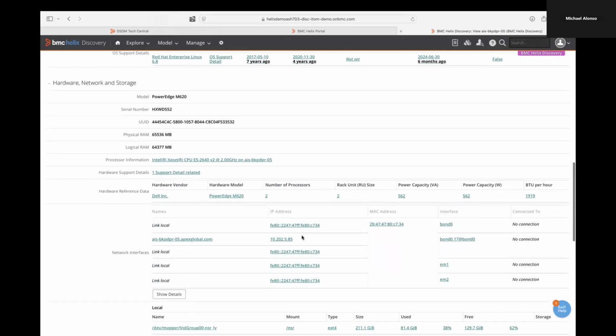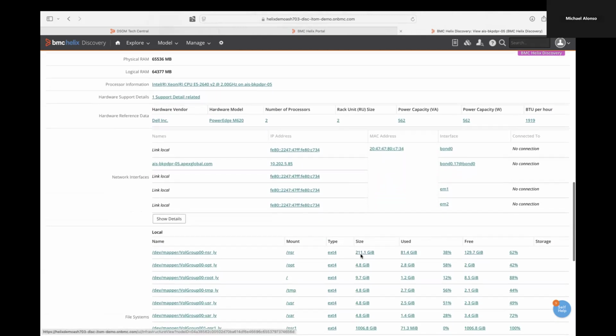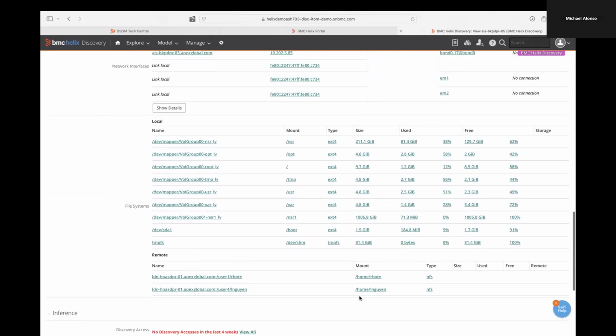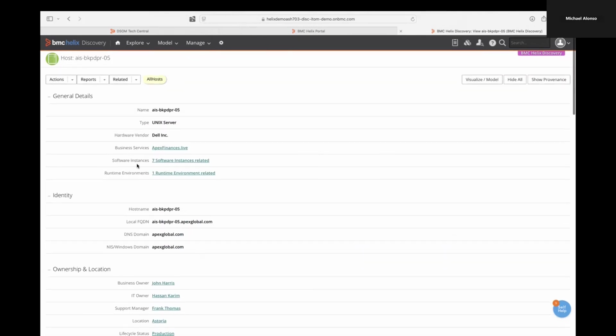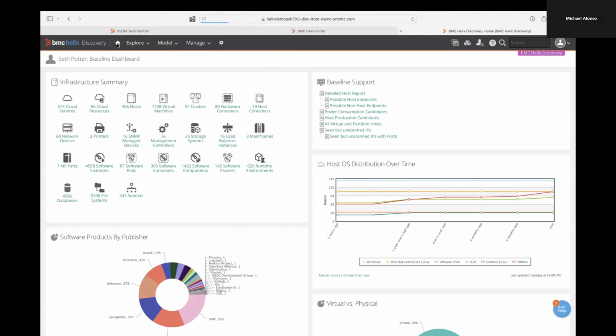Now, as we go further down, we're going to get into all of the hardware and storage information, and you can see all of this has the ability to drill down to get all the technical information about this device. So when we go through and we say we're starting to discover your environment, it's everything. We're talking about servers, cloud services, virtual machines, containerized, network, storage.